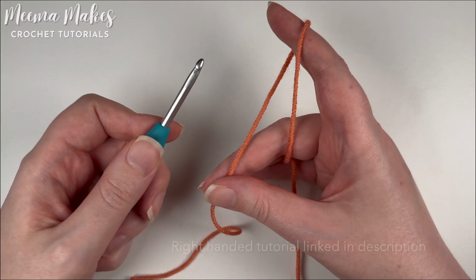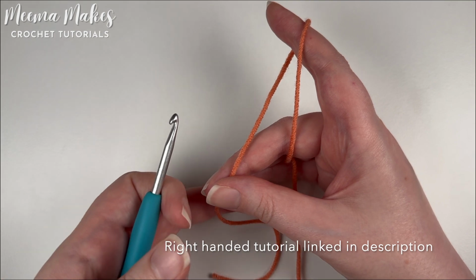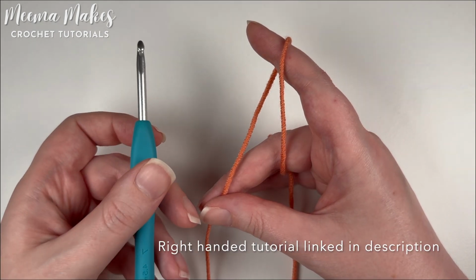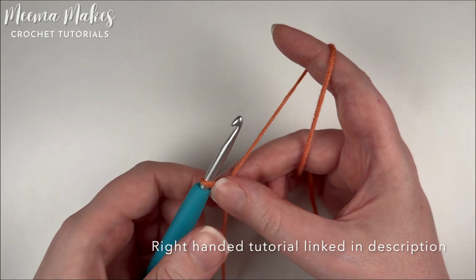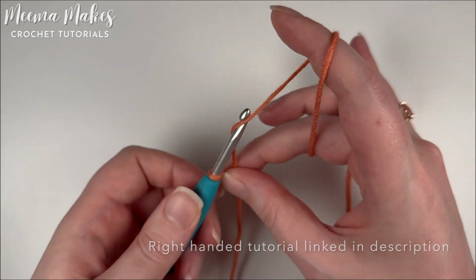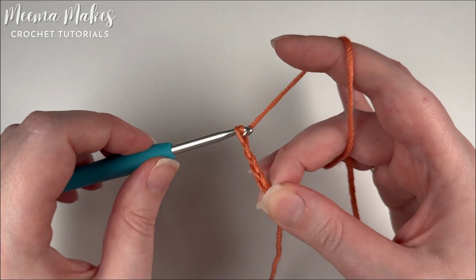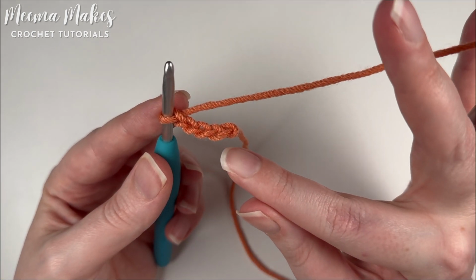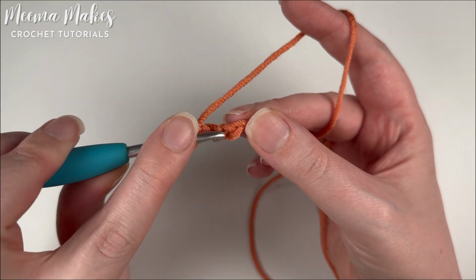So you can either start this triangle with a magic ring or a chain ring. I prefer a chain ring because it's more secure, so that's how we're going to start this triangle. Make a slip knot using your preferred method and then make a chain of 4. 1, 2, 3, 4. Now slip stitch into the first chain that you made to make a ring. So I'm putting my hook in here